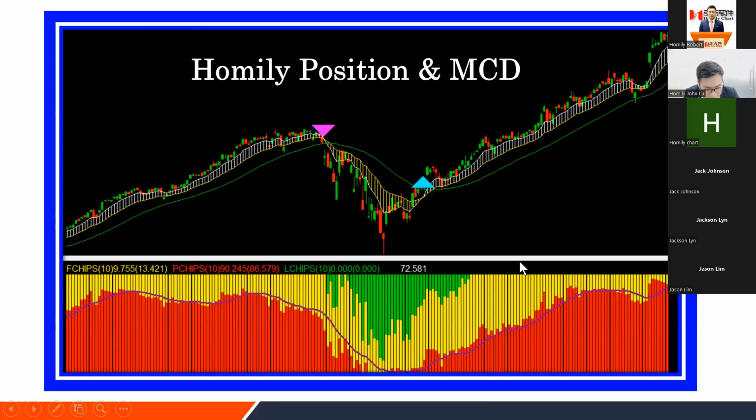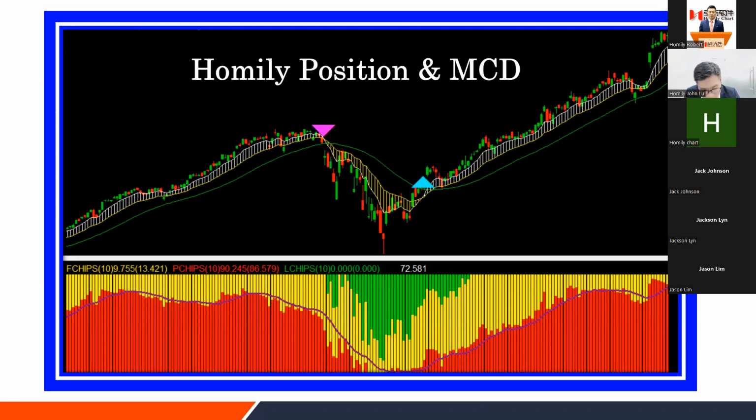Remember, the lower chart is for MACD. For MACD, the red bar represents the big boys. The yellow bar represents the hot money. Then the green bar represents the retail investors. Okay, most of the time I recommend you follow the big boys to buy long, because for us retail investors, most of the time we think, okay, John, I'm a retail investor. I have no money, small money, so I only buy penny stocks. No. Most of the time you see, right, interesting,